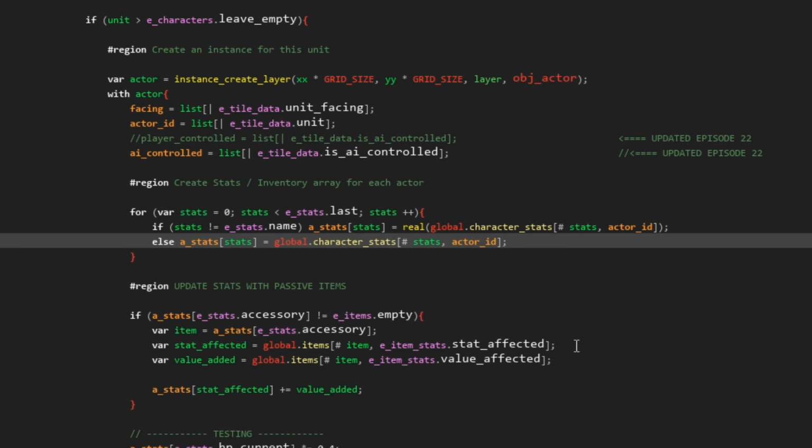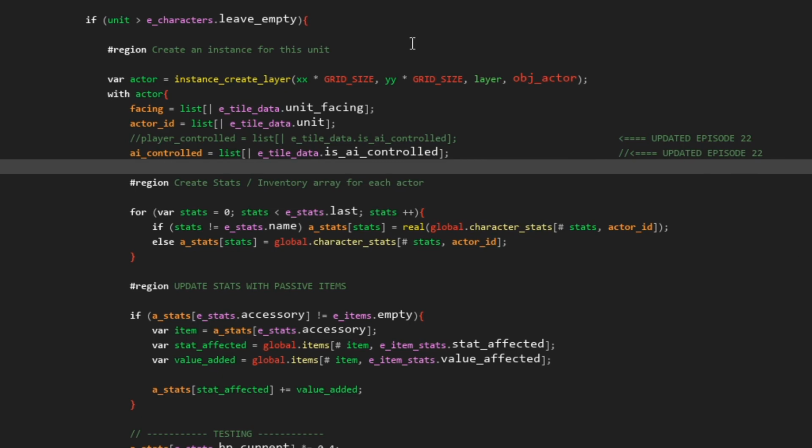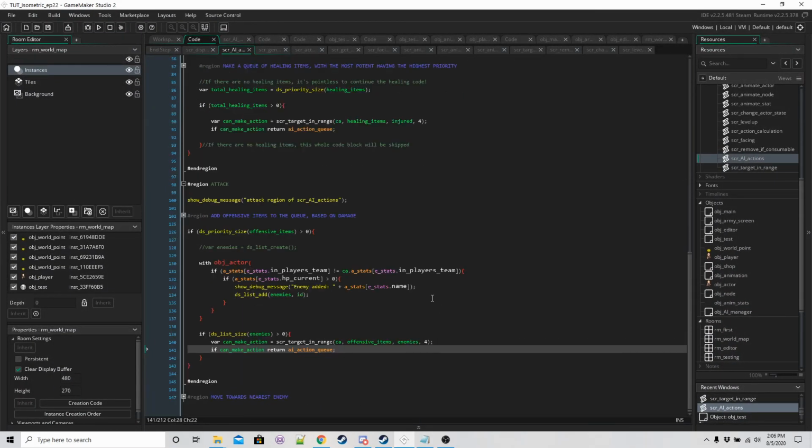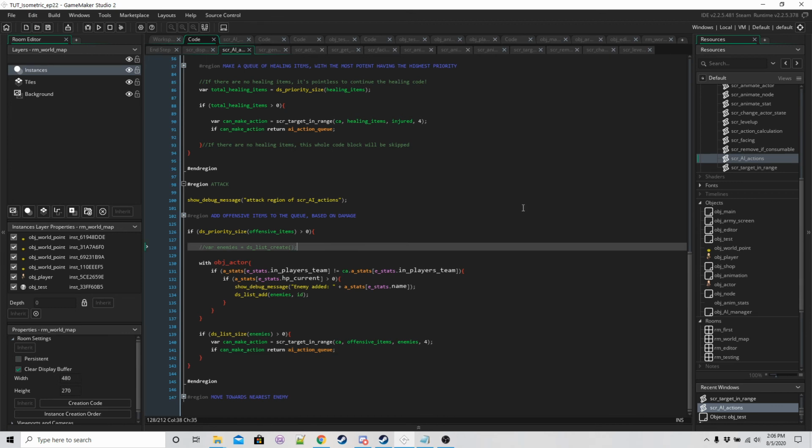For some reason the AI isn't attacking, so let me just try and fix this now. I had a strange bug. It wasn't strange, it was just stupid really. Basically the AI, after taking an action once, wouldn't do much apart from move on any subsequent turns. And the fix for that is